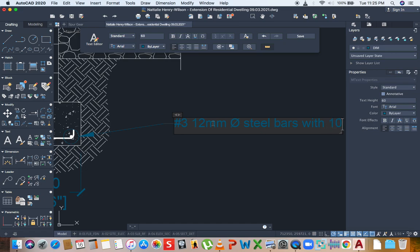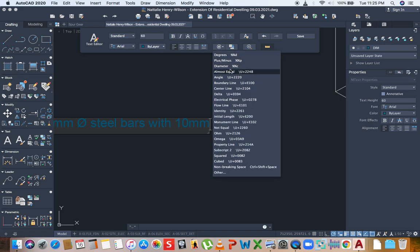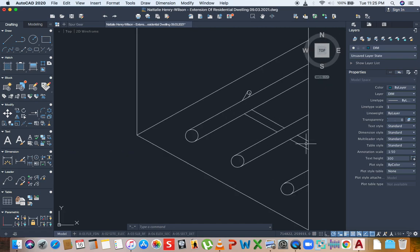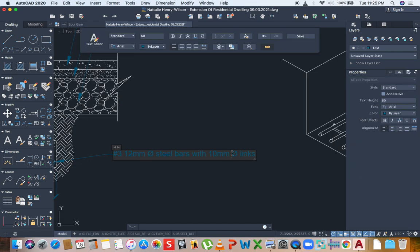10 millimeter diameter links. Now, the links that I'm referring to are these steel bars that are placed in the, and they are placed at a certain distance apart at 250 millimeters OC in 1, 2, 4